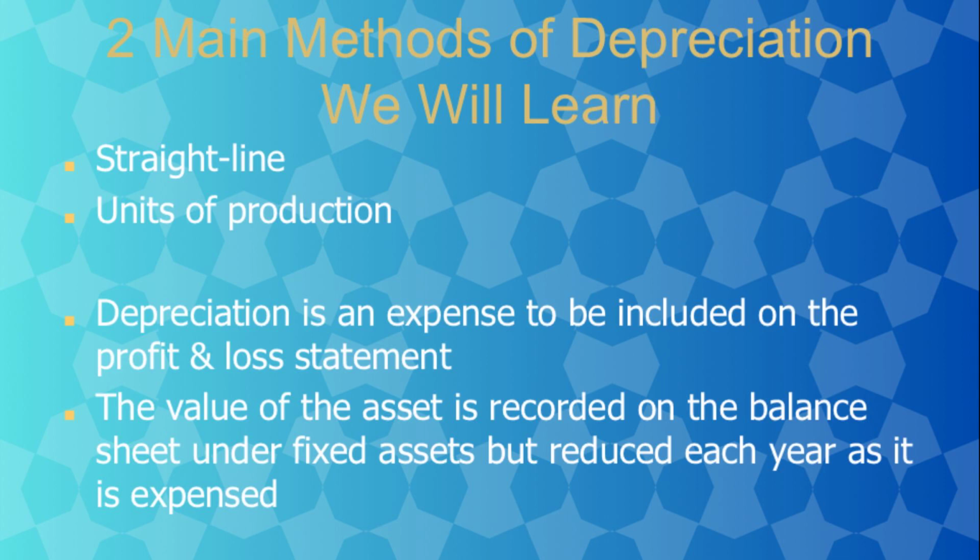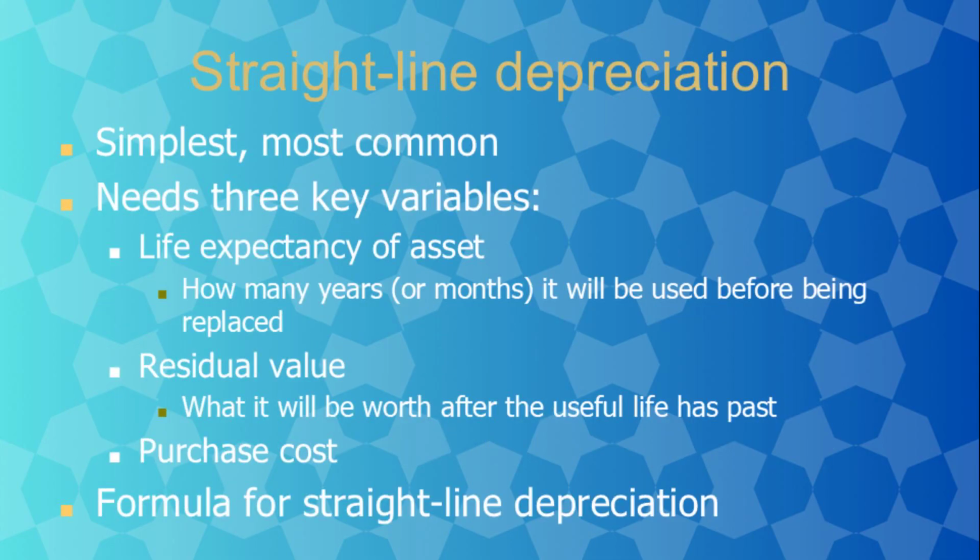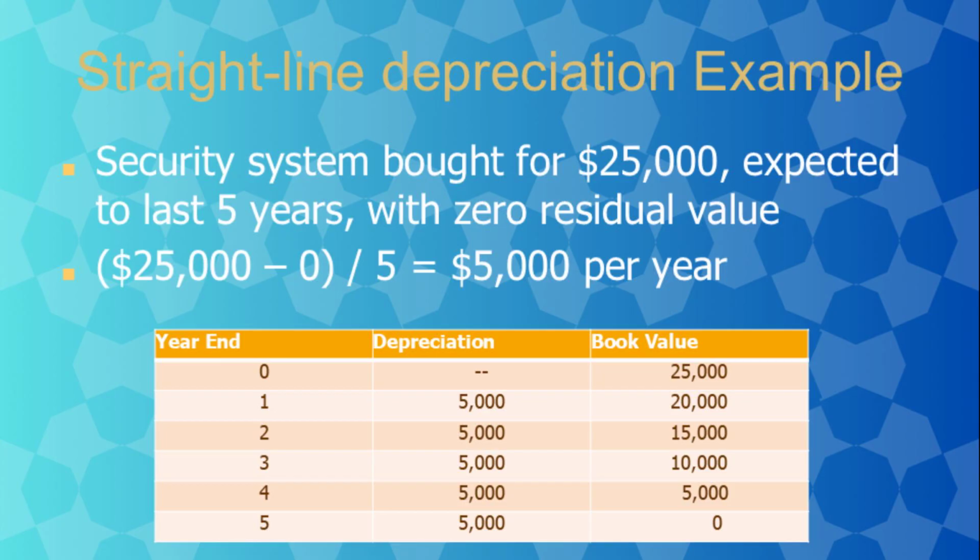Depreciation is an expense included in the profit and loss statement and affects the balance sheet. Straight-line depreciation is the simplest and most common method. It requires three key variables: life expectancy of the asset, residual value, and purchase cost. For example, a security system bought for $25,000 with zero residual value and a 5-year lifespan would depreciate by $5,000